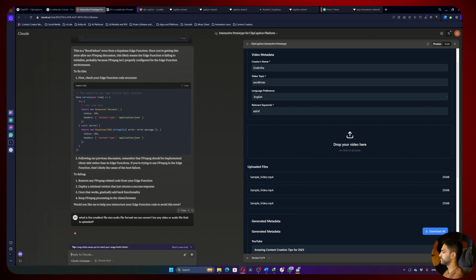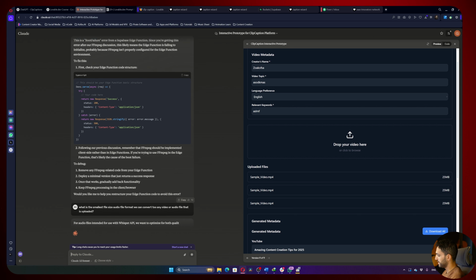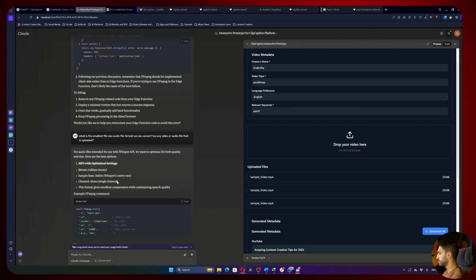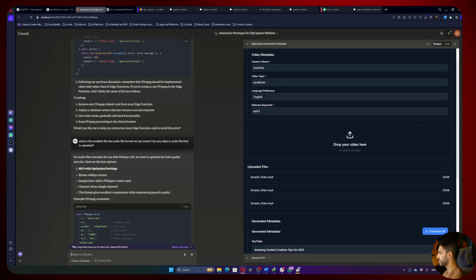I don't want to do it in the chat mode because sometimes the chat mode is just lying to me and becomes lazy. So he's telling me it's actually MP3 with optimized settings. So,